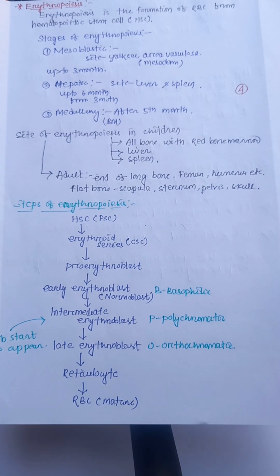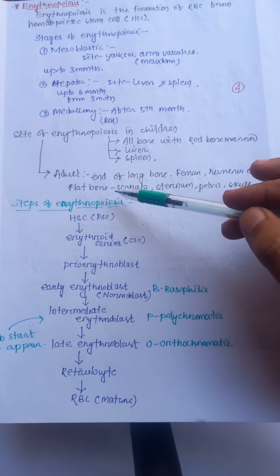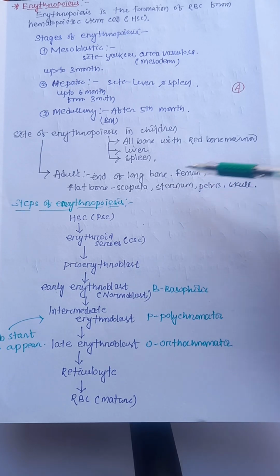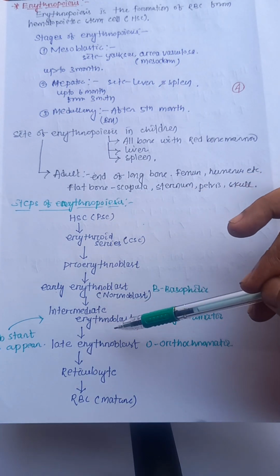And the sites of erythropoiesis in children are all the bones with red bone marrow, the liver and spleen, whereas in adults they are the long bones, femur and humerus, and the flat bones, scapula, sternum, pelvis and skull, where erythropoiesis takes place. And if you talk about the steps of erythropoiesis,